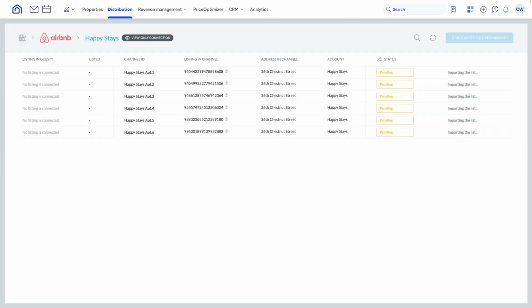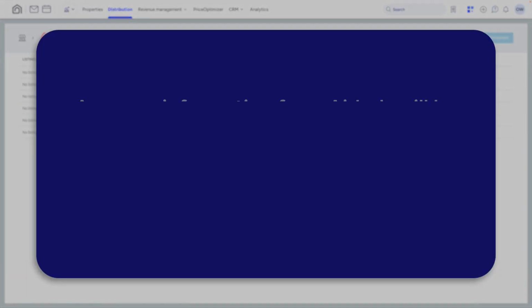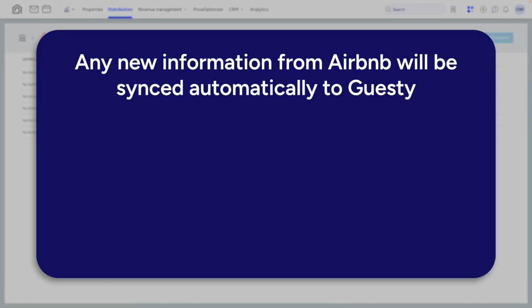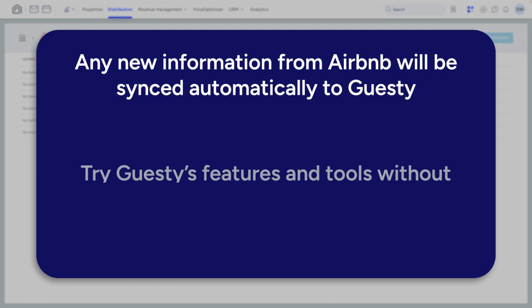Your information will sync to Guesty, listing by listing. Refresh the page to see the progress of the connection until all of your Airbnb listings are connected with a viewing-only connection. This means that any new information from Airbnb will be synced automatically, but you can start trying Guesty's